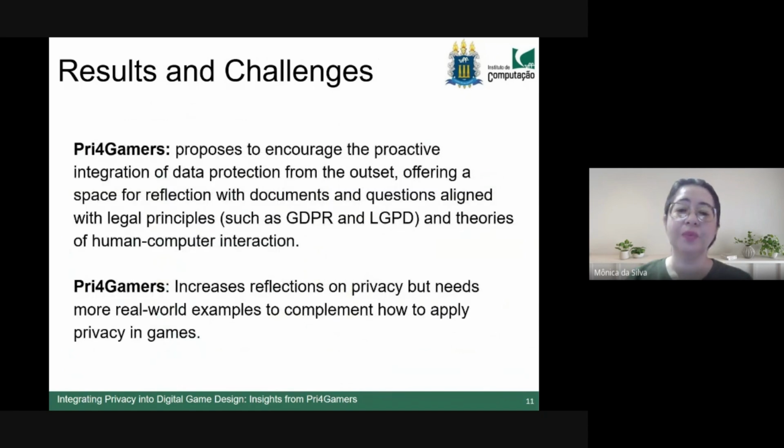Thus, the suggested approach has proven to be proactive, enabling designers to engage in reflection, even if not at all times, because there are situations they still cannot visualize due to lack of knowledge and experience. But it indeed assists them in considering these privacy challenges and integrating them into the games. And that this reflection, as they also mentioned, needs more visual examples and real-life instances so they can use this and gain a better understanding of the privacy problem.